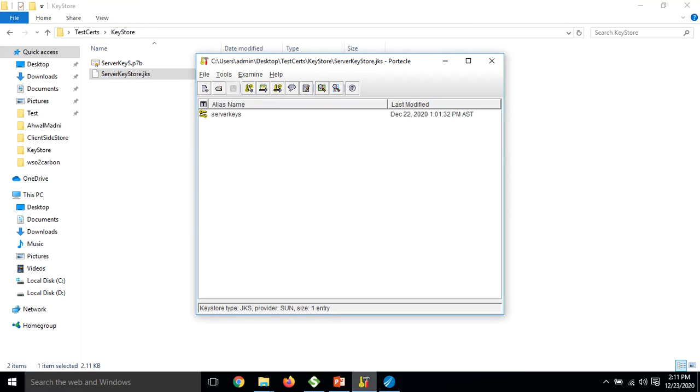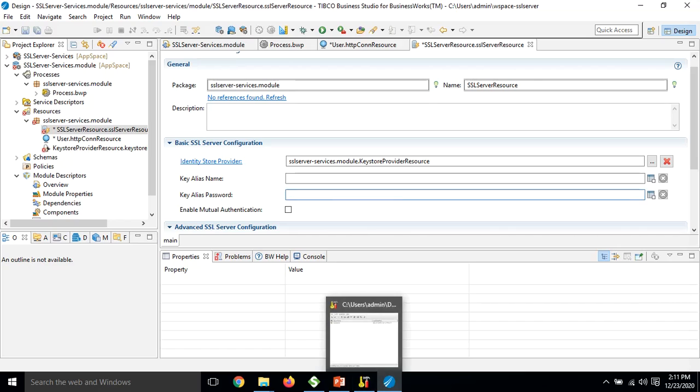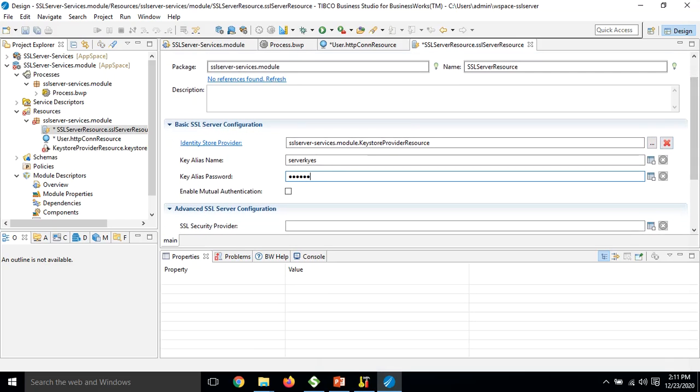You can see its alias is server keys. So I will add the alias and I'll provide the password. Okay, right now I want to do one-way SSL, so I'm not going to click on enable mutual authentication, and I'll click save. But since we selected this identity resource but did not configure it,